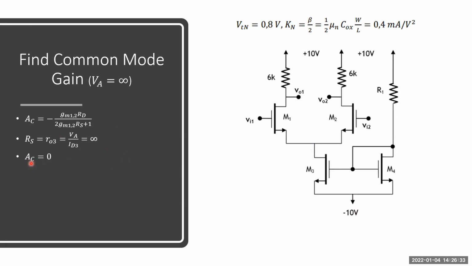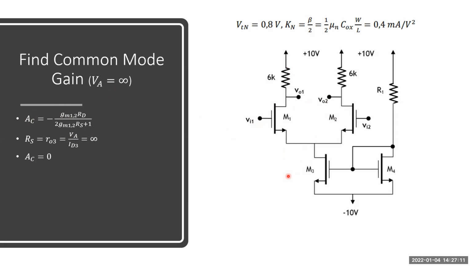Now we are going to find common mode gain here. We assume that early voltage is infinite, output resistance is infinite, lambda is 0. This is the formula for the common mode gain for the MOS differential pair here, and RD is 6K here. gm1 and 2 are the differential input transistors' transconductance value. What about RS? RS is actually the output resistance of the current source, and it equals the output resistance of M3